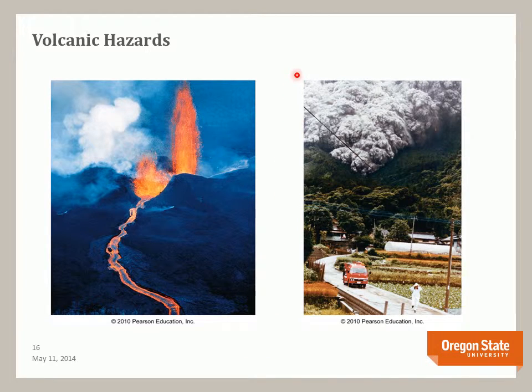On the other hand, pyroclastic flows, which are shown here, are very hazardous. They're fast moving, I believe up to a couple hundred kilometers per hour. They fill river valleys as they flow down the flanks of mountains, and they can inundate villages and towns and destroy buildings and cause a lot of casualties. As you can see, these people are hustling away. So these are major events which are a big hazard